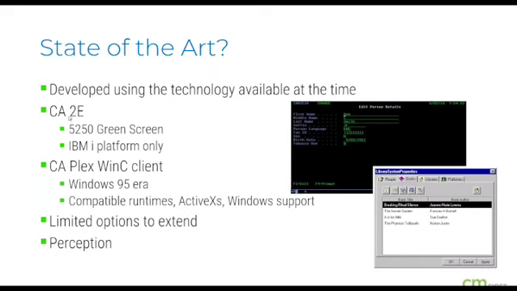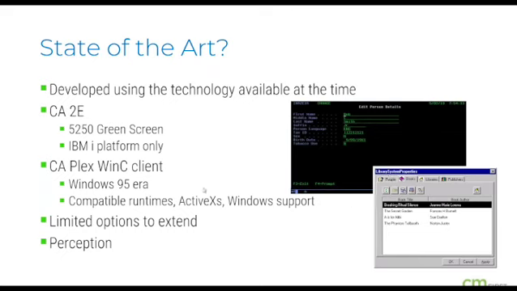For 2E, they are green screen applications by their nature, and they are constrained to the IBM i platform. And with Plex, a lot of them were developed using the WinC client, which was based on the Windows 95 era. So that's beginning to look a bit dated.